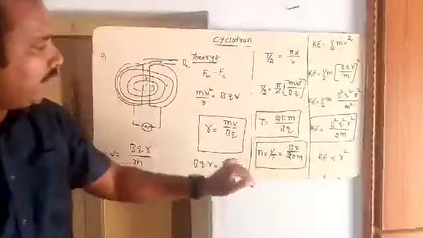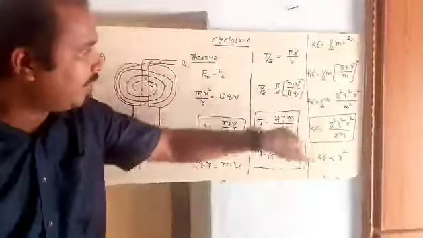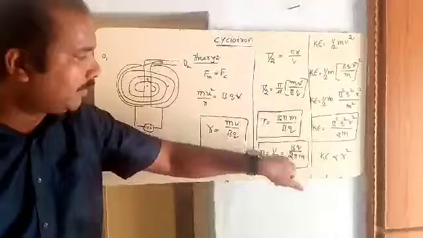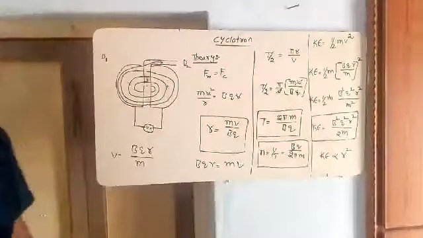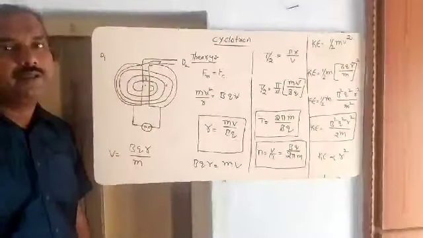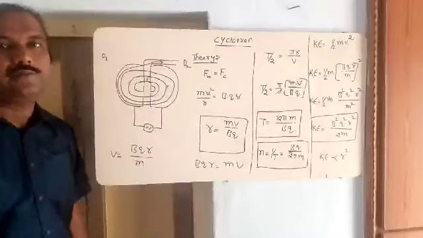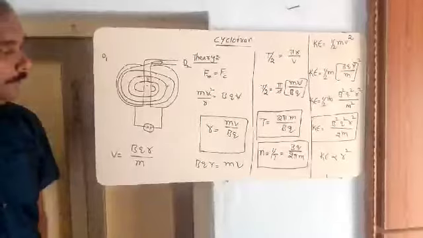Now what is the radius here? R is equal to the radius I am substituting here, and finally I got time period t is equal to 2 pi m by bq, and n is equal to 1 by t, then I got bq by 2 pi m. And this frequency we call a resonant frequency. What is the resonant frequency? Half of the time period taken by the particle for the semicircular path is equal to half the time period of the complete circle in the electric field.